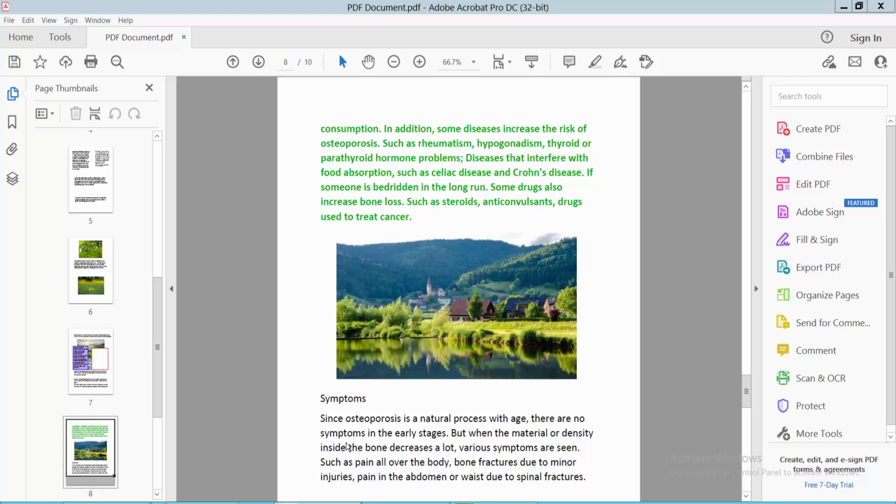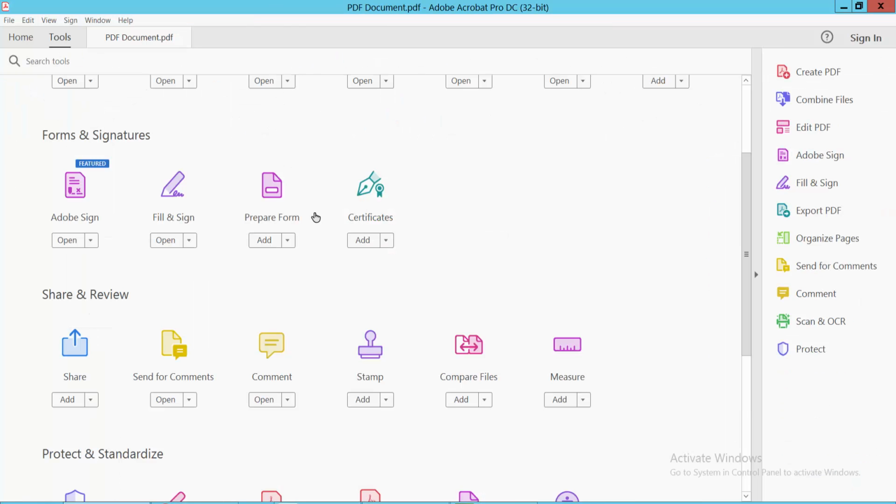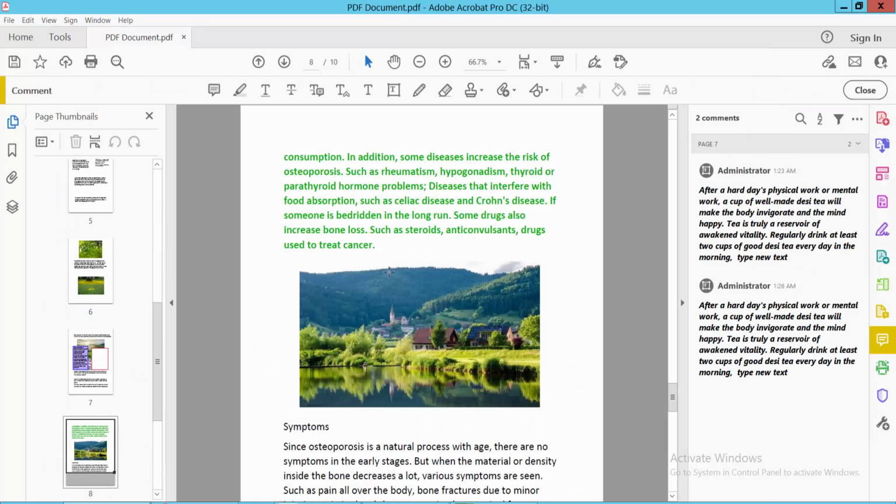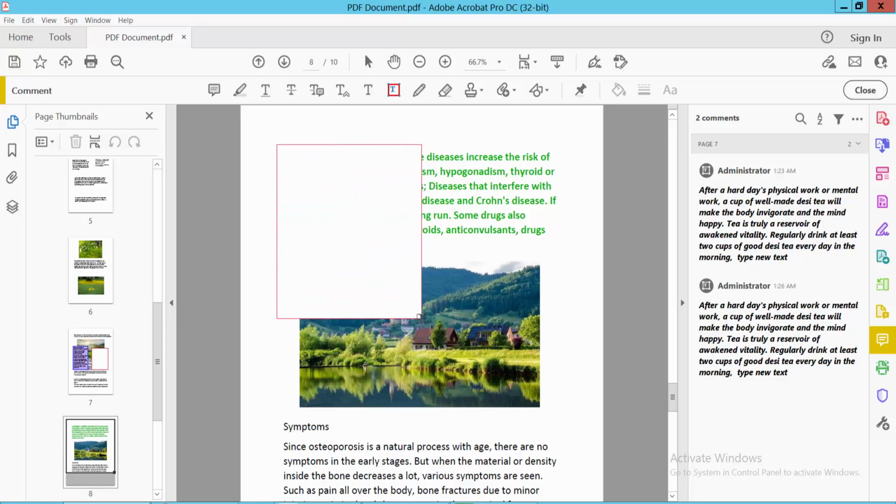Hello everyone, today I'll show you how to create multiple text boxes on your PDF file using Adobe Acrobat Pro DC. Open your PDF file and go to the Tools option. Now scroll down, here you will find the Comment option. Select it, and this is the text box icon. Click here and draw a text box, drag your mouse